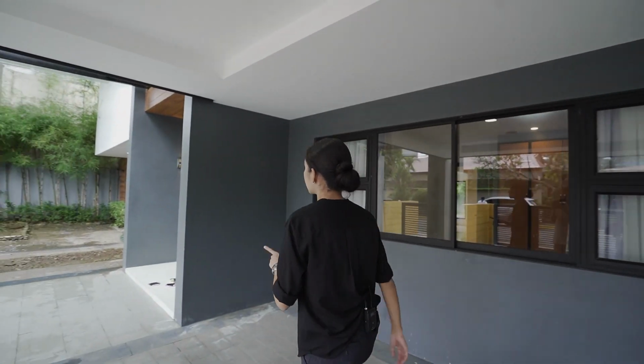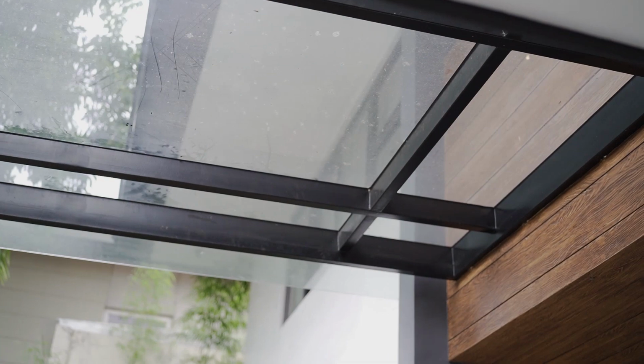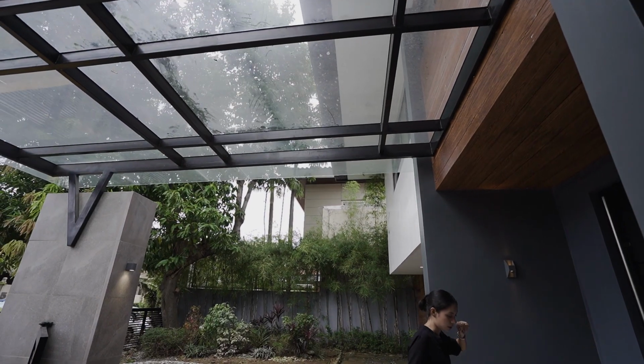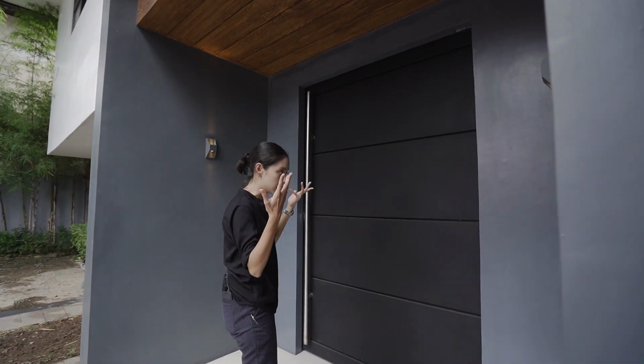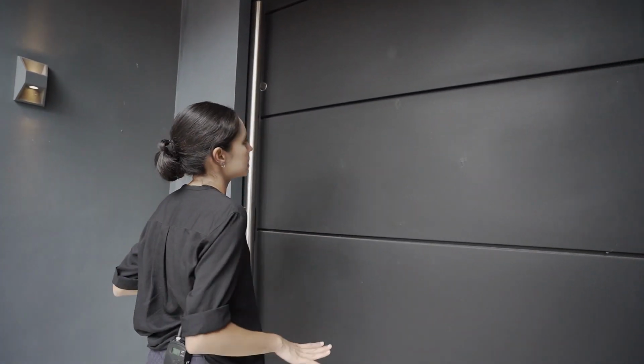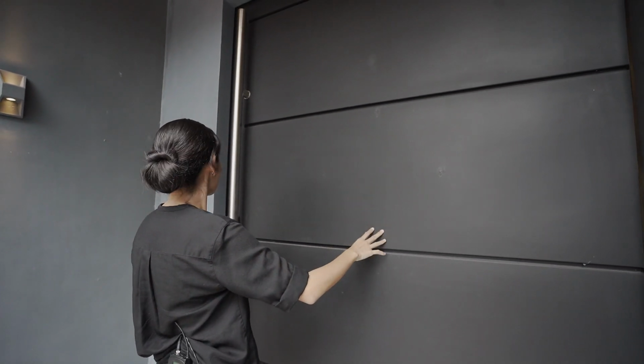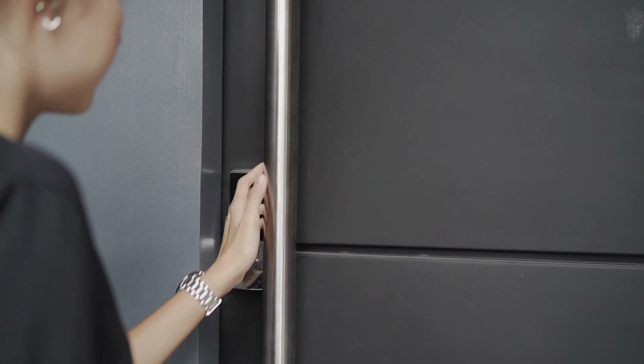Okay. So let's go back here in the center. The center, by the way, has covering. So you have the sunlight, but you're not gonna get wet in case it rains, which is like right now it's rainy weather. Okay, so your main door is a solid matte black wooden door with a steel handlebar,